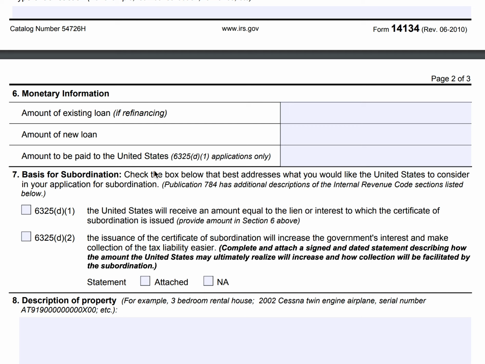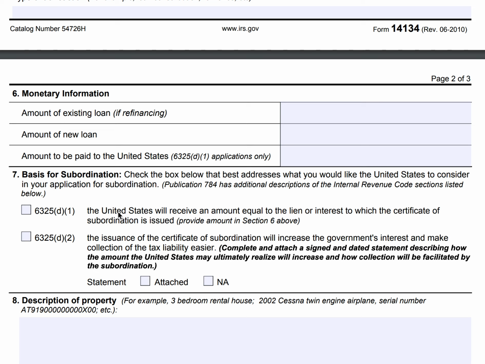In item 6, you're going to enter the amount of an existing loan if you're refinancing, the amount of the new loan, and the amount to be paid to the U.S. government. And then in item 7, you're going to check which box best describes the particular part of the Internal Revenue Code that you feel most fits your situation. So in Internal Revenue Code, Section